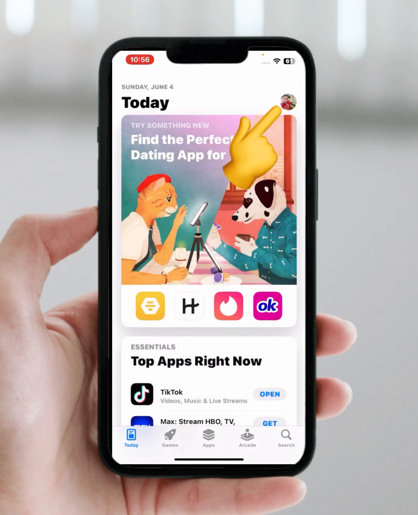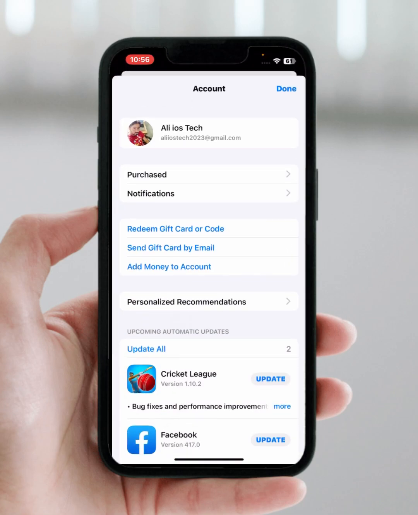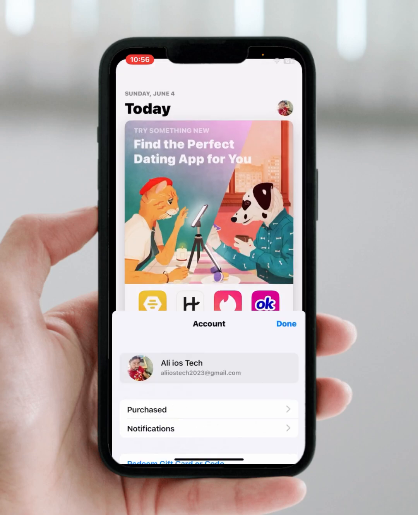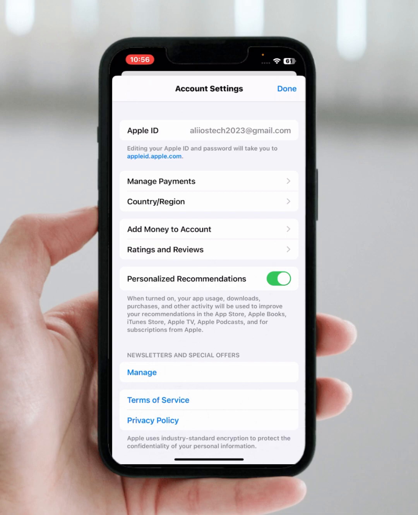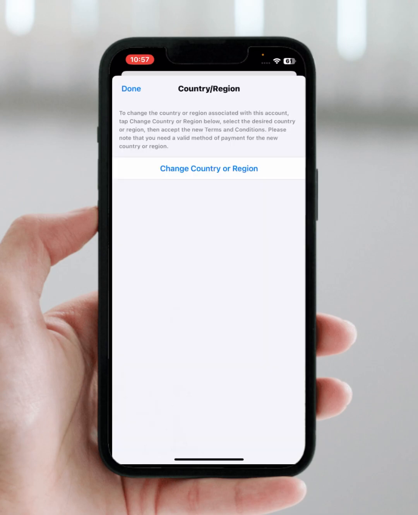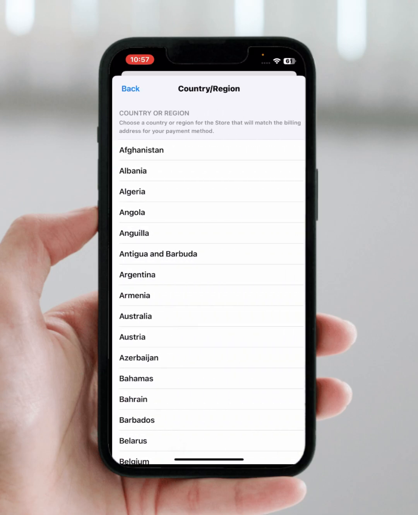then tap on profile icon, then tap on Apple ID banner name. Wait some seconds, then tap on country or region, tap on this. Wait some seconds, then tap on change country or region, select any one country,